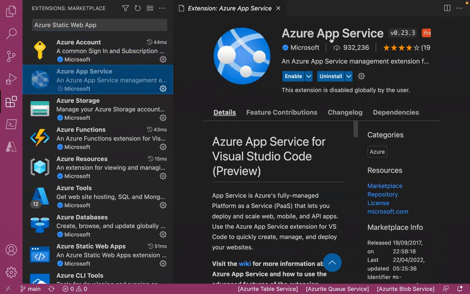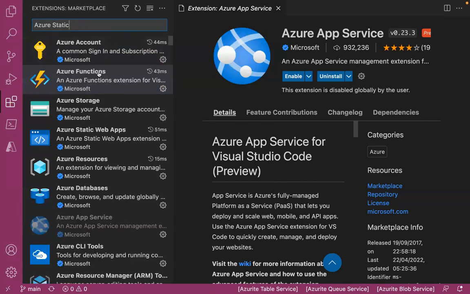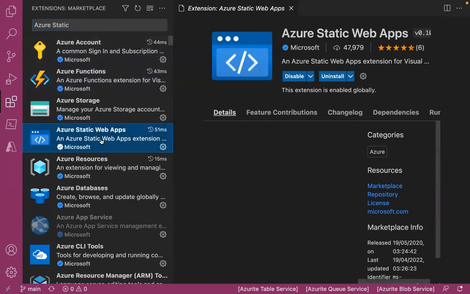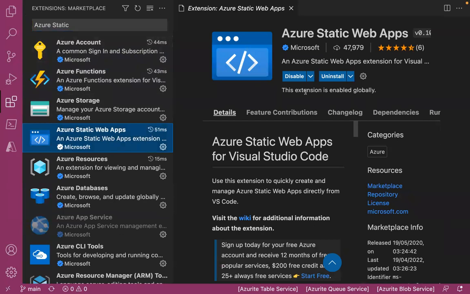So this is App Service. Let me look for the Static Web Apps as well. I think I already have that also. This is the one. So this one is also installed, and then I need to sign in